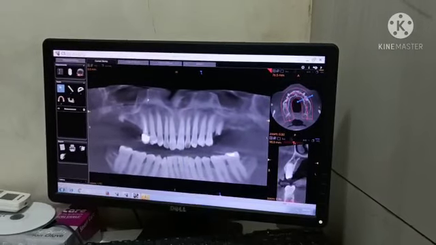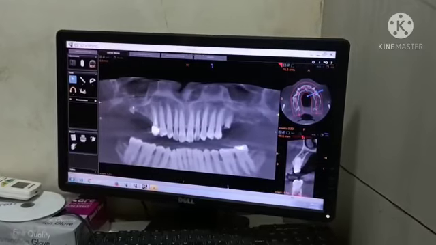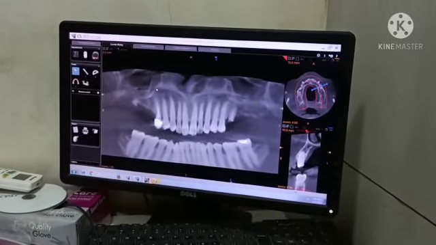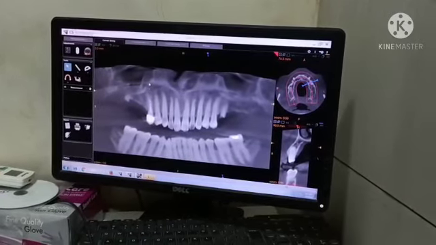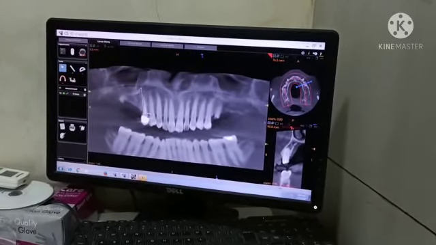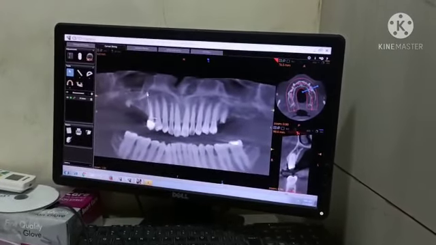This is the floor, this is the anterior wall, right? The floor is coming like this. So here less bone, here good bone. If you extract this second premolar, you will get longer length. So there is one option: go along the apex of this till you reach the floor. You feel the drop.